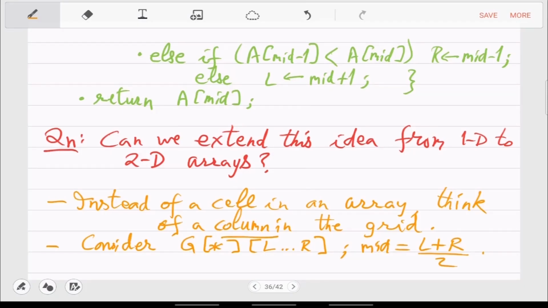Star refers to all the values on the row, which is 0 to n minus 1, and L to R are these columns, and mid is the middle column. So this is now a sub-matrix of your original matrix. It's a subgrid.